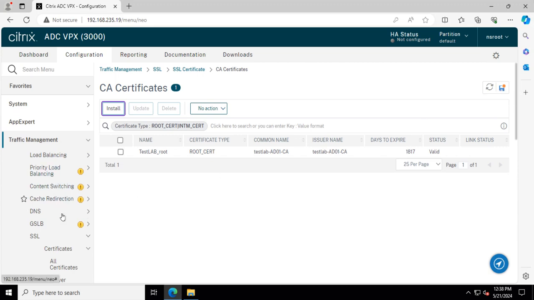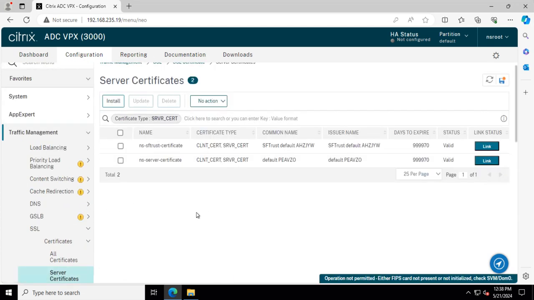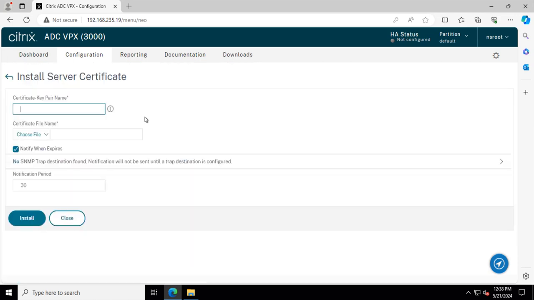And now we have to install the server certificate. My Netscaler is blank. It's out of the box, so I didn't have anything configured. This is why I don't have any certificates here except those that come by default. And now to install the server certificate, we go on Install. We need to give it a name. I will give it Gateway 2024